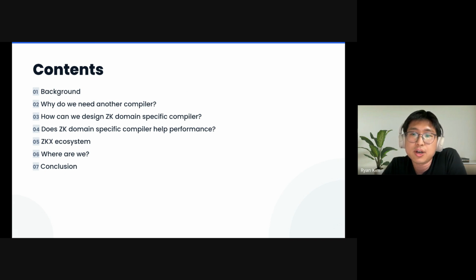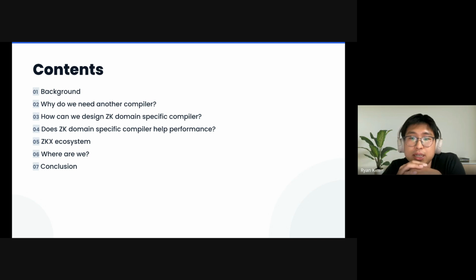Here's how today's talk will go, in order. In Background, we're going to show you the current state of ZK in the AI era. In Why Do We Need Another Compiler, we approach the problem using a compiler stack. In How Can We Design a ZK Domain-Specific Compiler, we're going to design such a compiler.